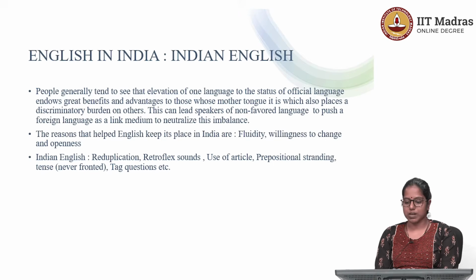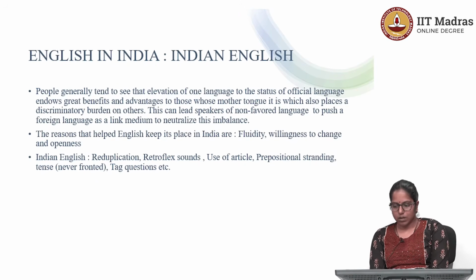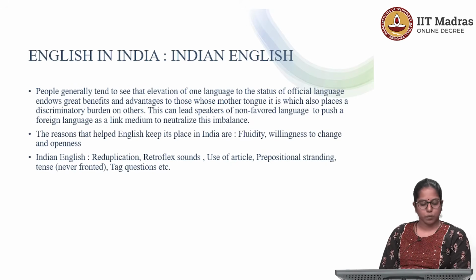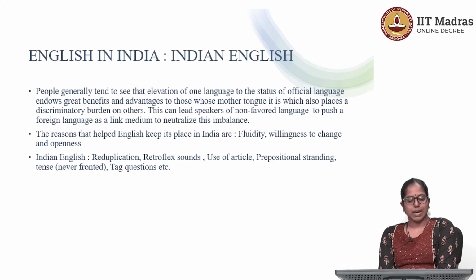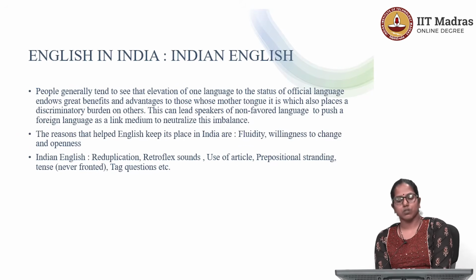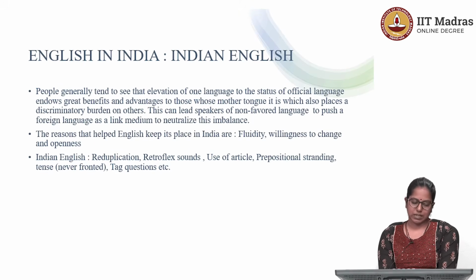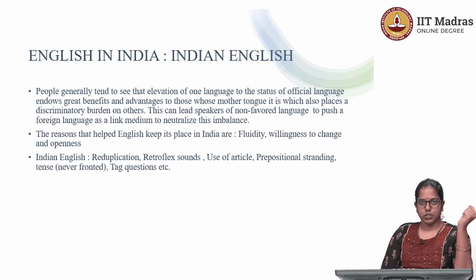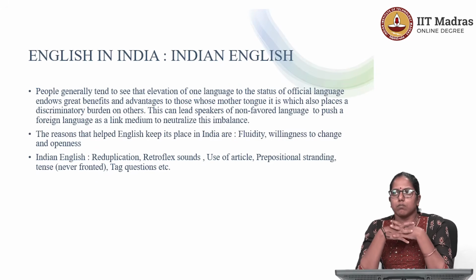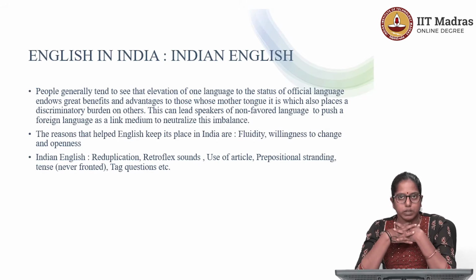Reason 1, it was fluid, it travelled all across the country forming different variants like Hinglish, Manglish and Tanglish, meaning it was open to change. The fact that English had so many different variants or accents shows how fluid and porous the language is. So when English mixed with Indian languages, it took new shape and evolved into what is known as Indian English. So there are certain features to this Indian English. First one is reduplication, like I've already discussed. Expressions like slowly, slowly, very, very, these are all examples of reduplication.